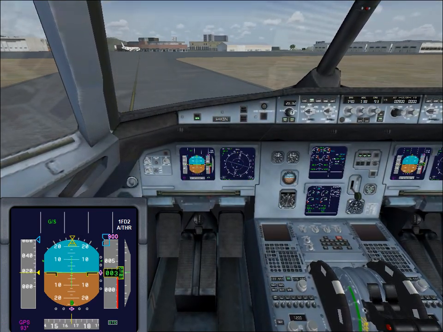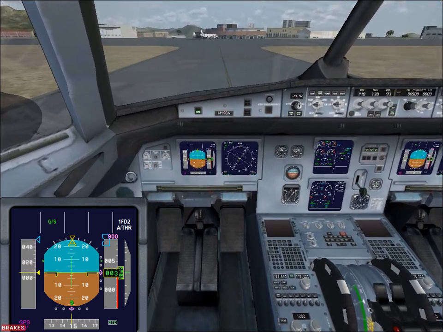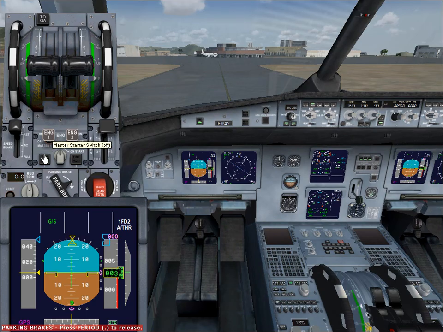Stop here. Set flap 0, check spoilers down. Naples ground, Orbit 221. Orbit 221, taxi to the terminal. To the terminal, Orbit 221. Taxi straight ahead. We park at gate